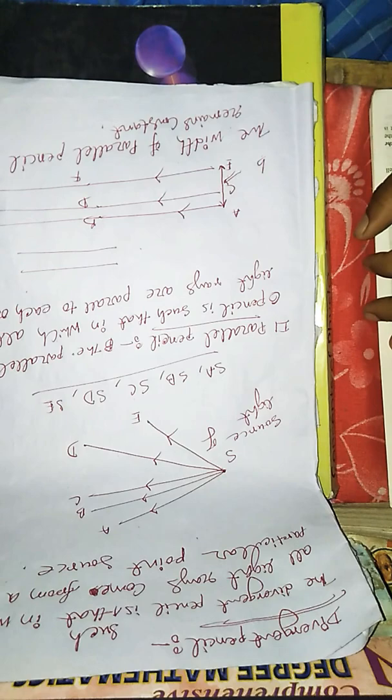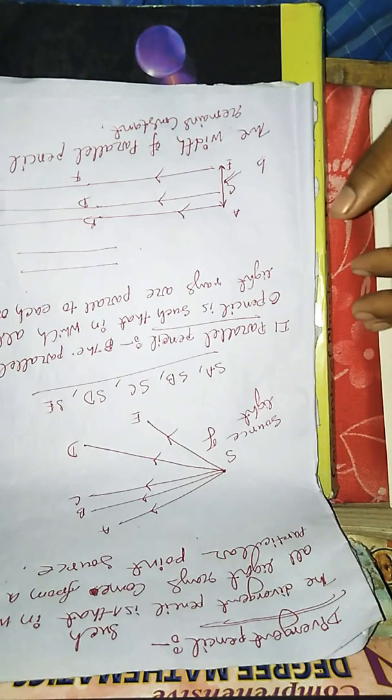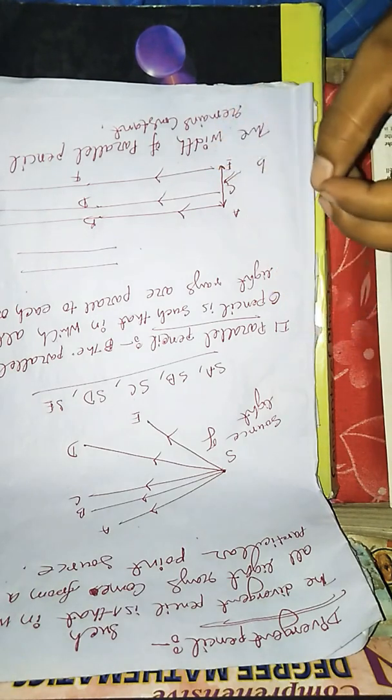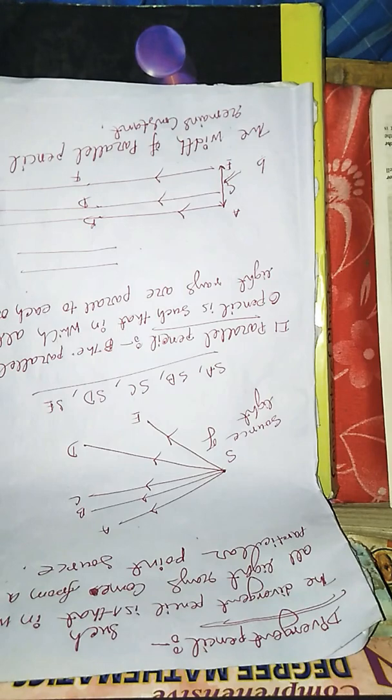So let's start the reflection of light on a plane mirror, that means general reflection. We have to study the general reflection now. This is very important for us. The main topic of our class is reflection of light. What is the reflection of light? You already studied the definition of reflection of light in class 8. We say the definition of reflection of light again.